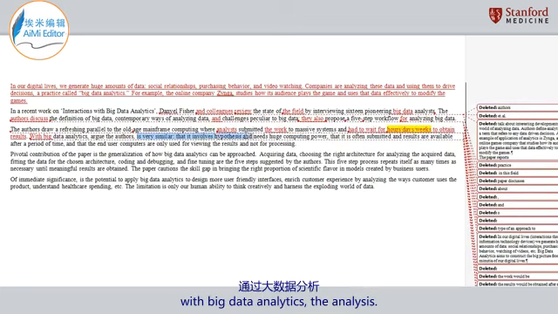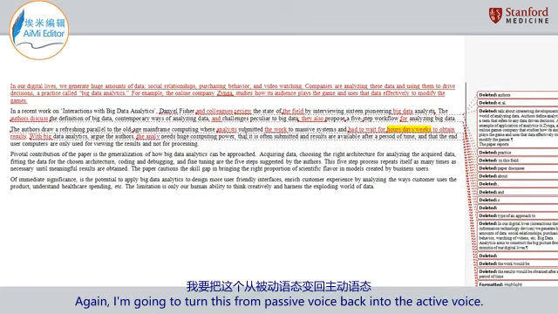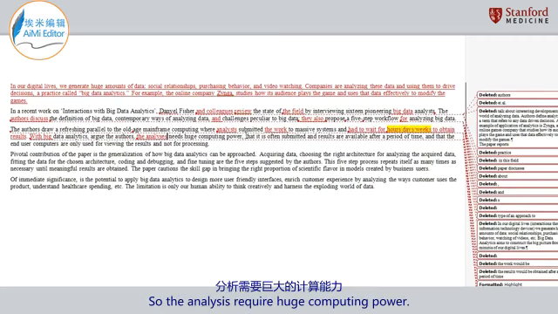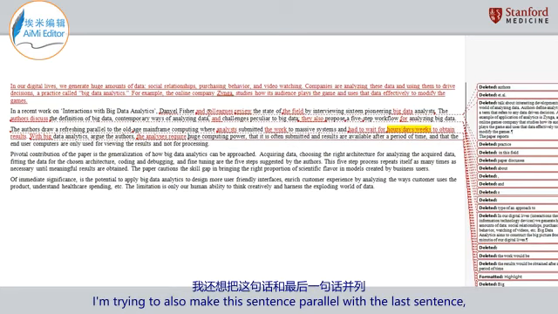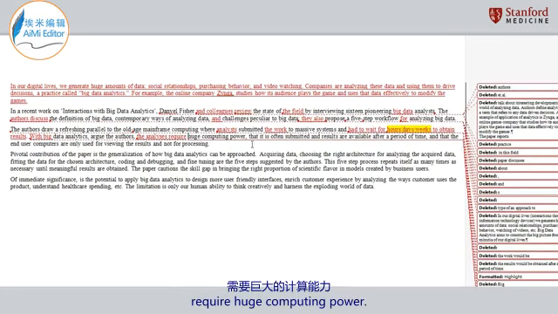the analyses. Again, I'm going to turn this from passive voice back into the active voice. So the analyses require huge computing power. I'm trying to also make this sentence parallel with the last sentence. Require huge computing power. So